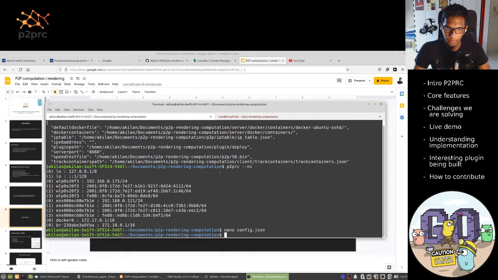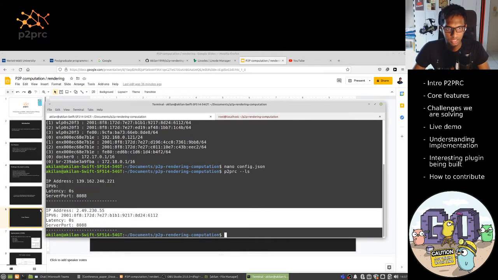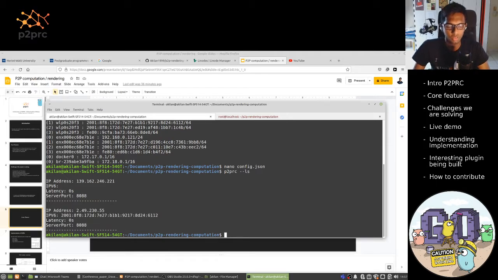The next feature is, now we have a new machine, and if I run the command p2prc --ls, we know this is our machine, which is not running as a server. So, of course, the latency is 0 milliseconds, and it's just there for our information. But this is a server we know by default. This is part of the repository. If you go to the website,